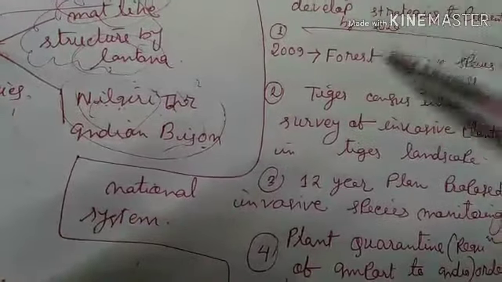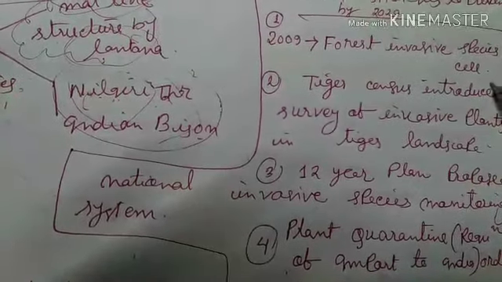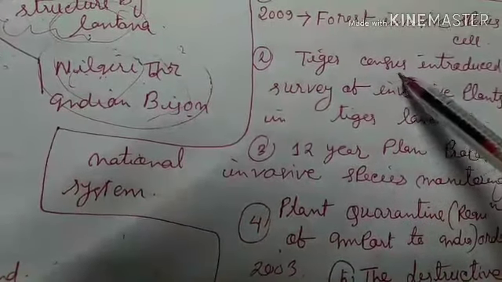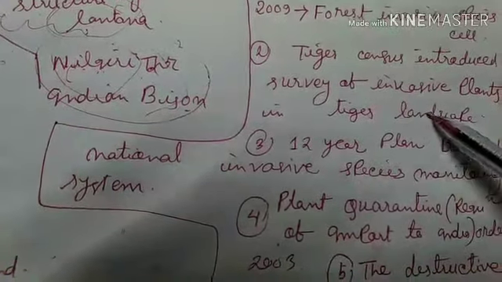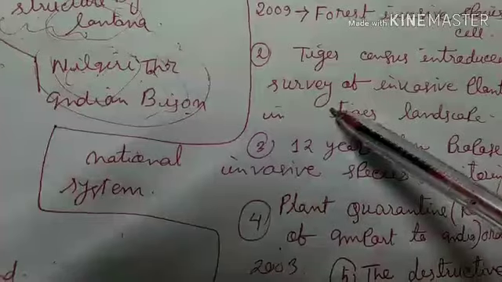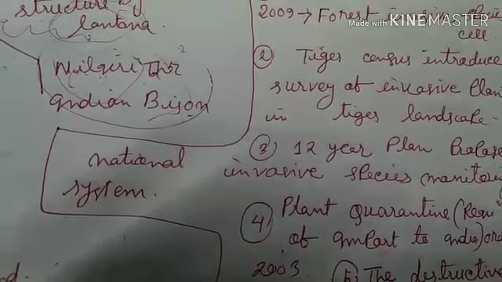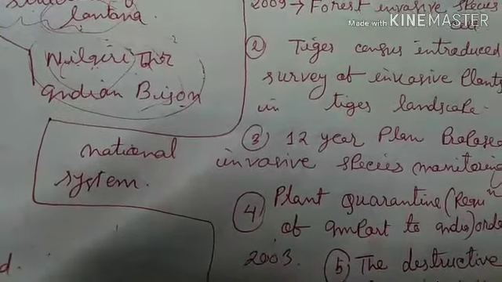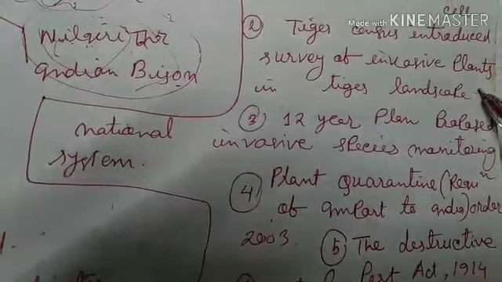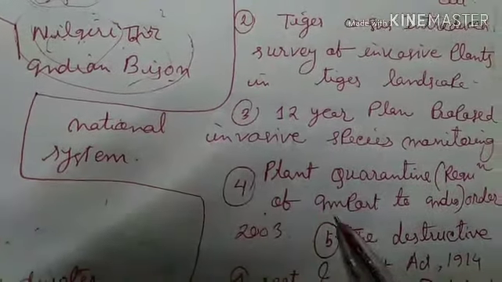Along with that, India has taken steps like, in 2009, a Forest Invasive Species Cell was established. In the recent tiger census, it has introduced a survey of invasive plants in tiger landscapes, meaning the recent tiger census has introduced a survey to find out what parts of the tiger landscapes are occupied by invasive plants. In the 12th Five-Year Plan, India has proposed a national invasive species monitoring system,